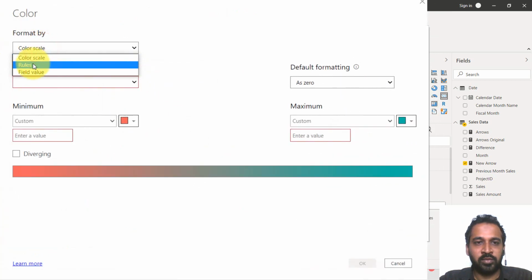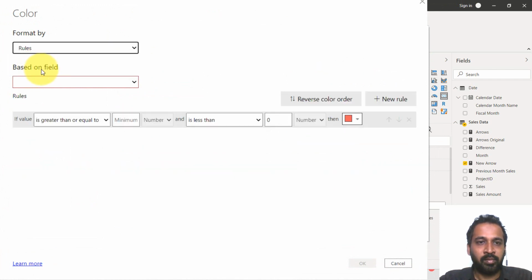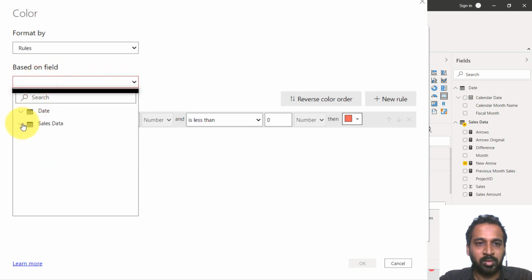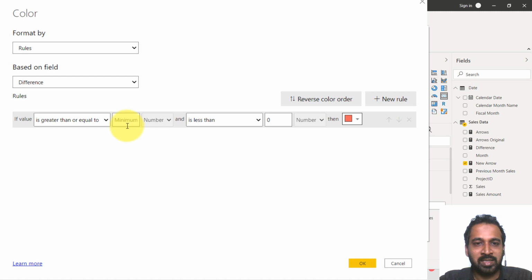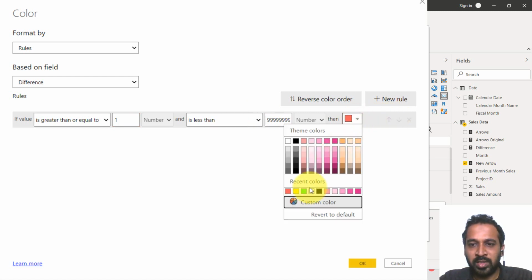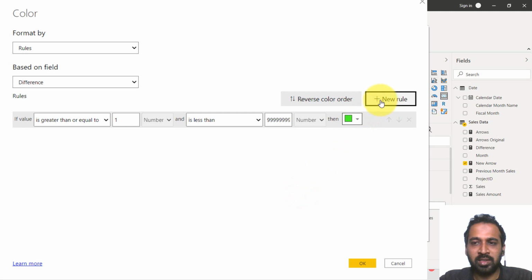Here you can define a rule because you can't select the field value, so you can use the rules here. I'm going to select the difference measure. If the difference measure is greater than or equal to 1 and less than the maximum value, 999, I'm adding it here. If it is there, then I want to select it to be positive, that's a green signal.